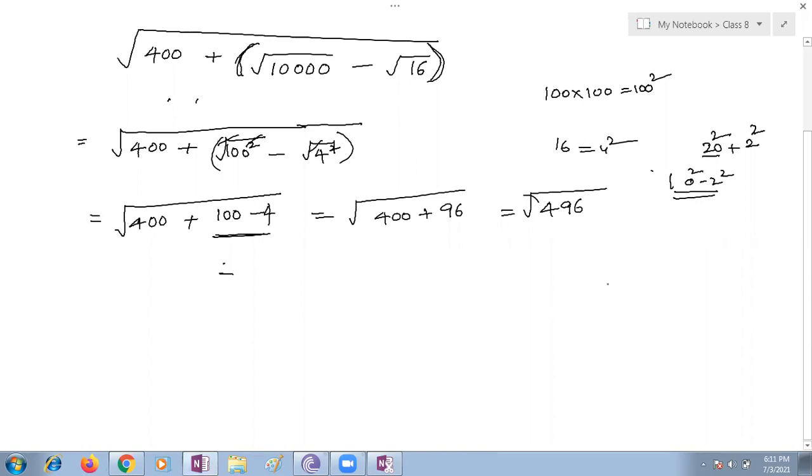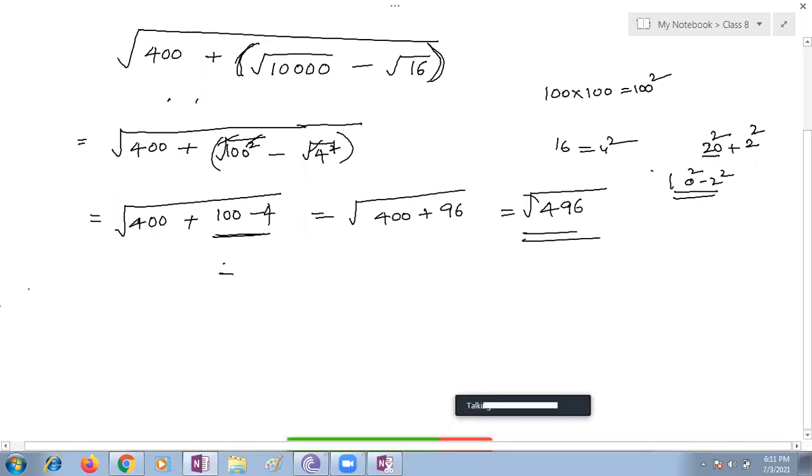Please, you just wait some time, children. We'll discuss this later. But the procedure is the same thing you're supposed to do. The second one: estimate the value of the following to the nearest whole number. You need to estimate over here. Yesterday also we saw one or two bits of estimation in your quiz. Estimate the square root of 800 to its nearest whole number. Square root of 800.